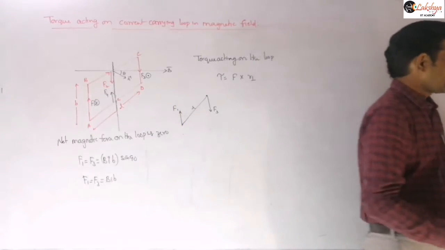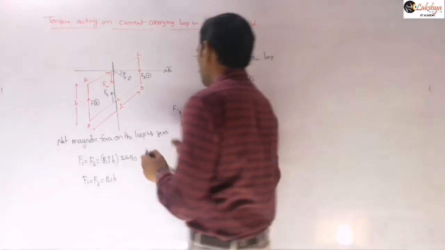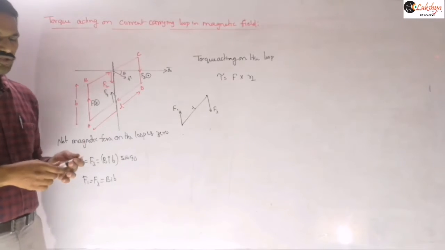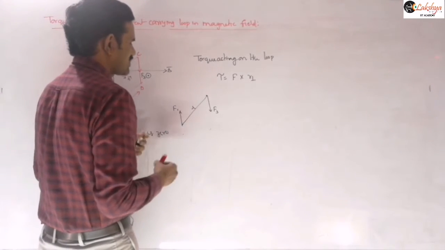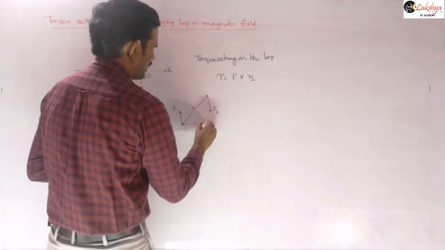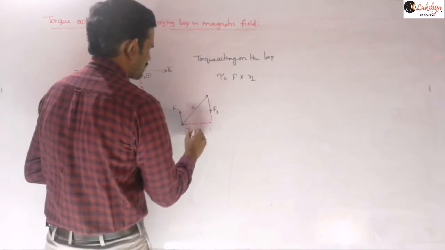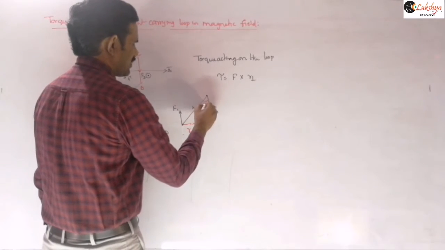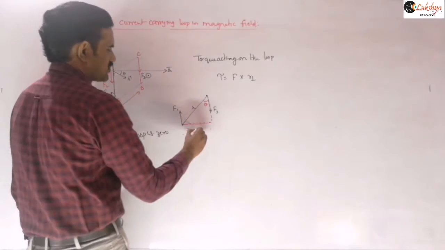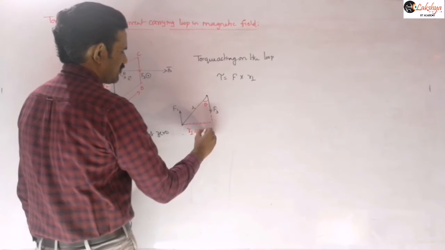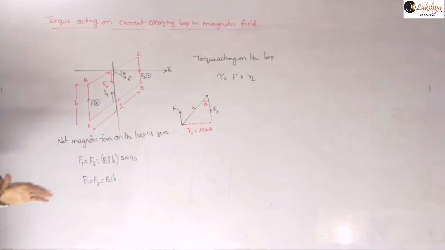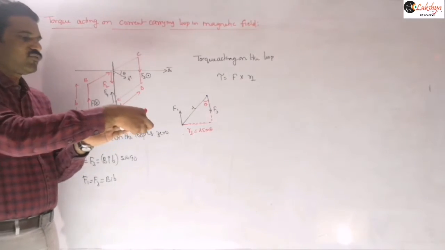So that perpendicular distance I am writing here. When you observe from the top of this coil, this is the top view, the situation will be like this. Now the perpendicular distance is nothing but this side, this distance here, the R perpendicular distance. This angle will be theta, so we can write this as L sine theta. That R perpendicular distance will be equal to L sine theta. Is it clear? The one coil is there like this, and one force is acting out of the plane.